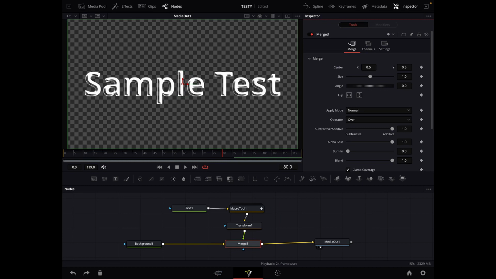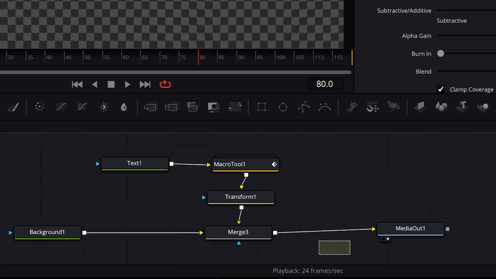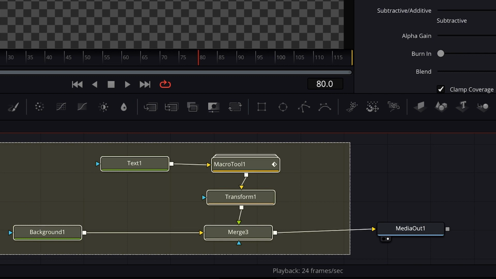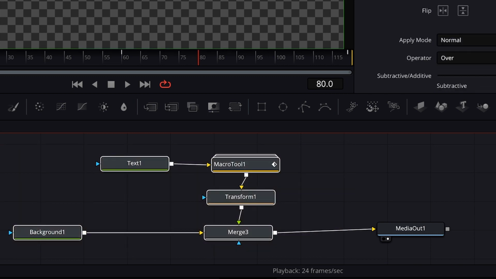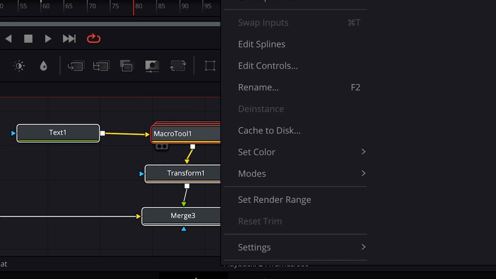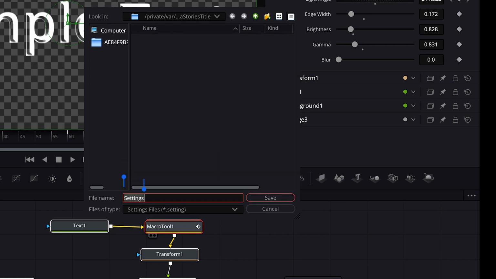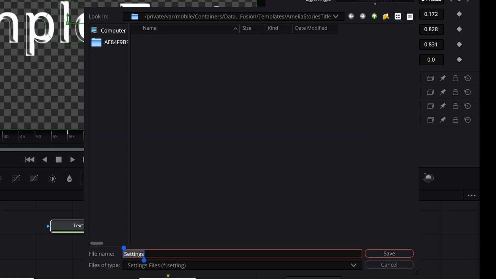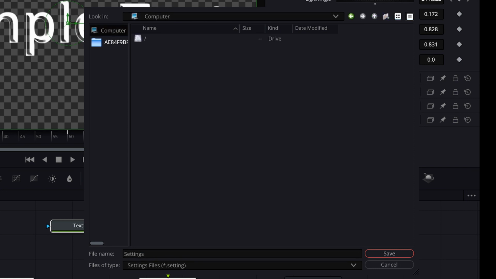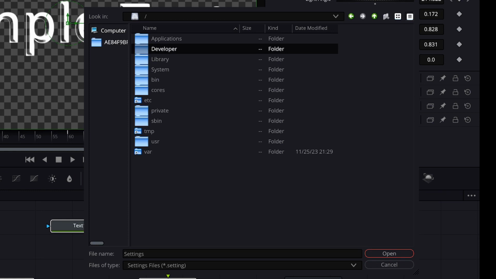But how do I transfer this lovely piece of work from one project to another? What you're going to do is deselect everything. And what we want to do is select everything except for the media out. Now I want to tap and hold, and what's going to come up is this drop-down menu, or what would be considered a drop-down menu. You're going to find settings and then save as, and this dialog window comes up. The only thing that we're really interested in here is where it says computer, so we're going to tap on that. Then we're going to double tap on computer, then go to private,